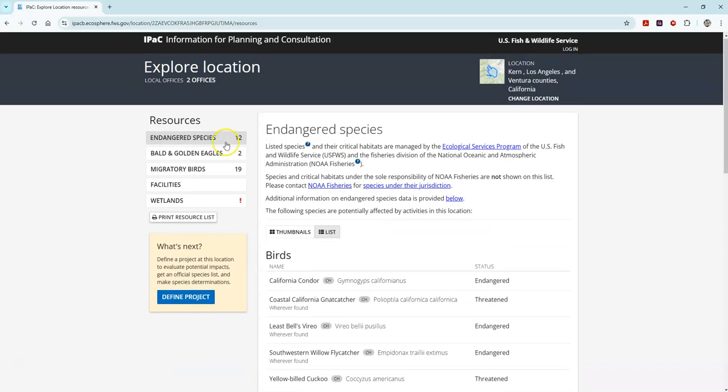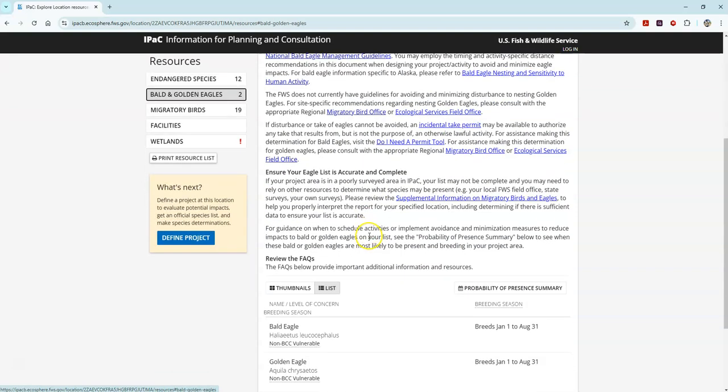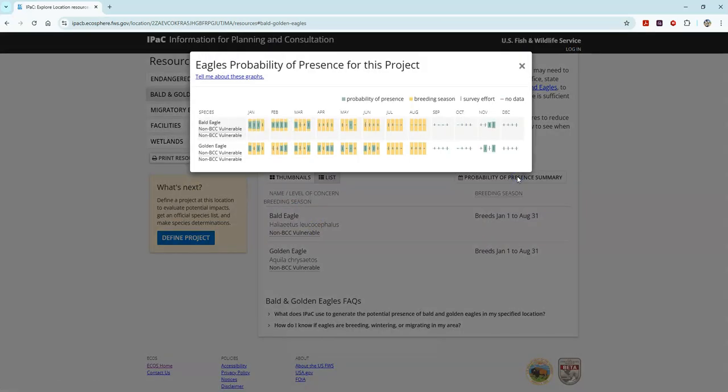So that's the first tab. The second tab is if you have potential for bald and golden eagle in the project area. This will pop up, and what's nice is it pops up as a list, and then you can even do probability of presence, and you can see when their breeding season occurs and the probability of them being in or